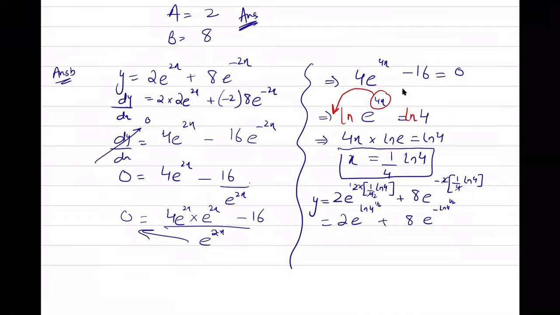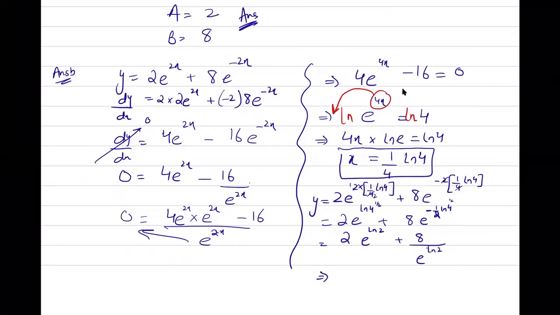Okay, it's better that I write it in this way. The power is minus 1 upon 4 ln 4, and e to the power of ln 4 to the power of half is 2. I can take e in the denominator, so the power is going to be positive. Please make a correction. This was 1 upon 2, and this is going to be ln 4 to the power of half. That is also ln 2.